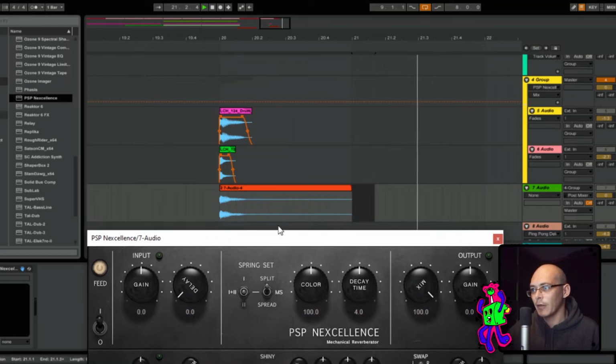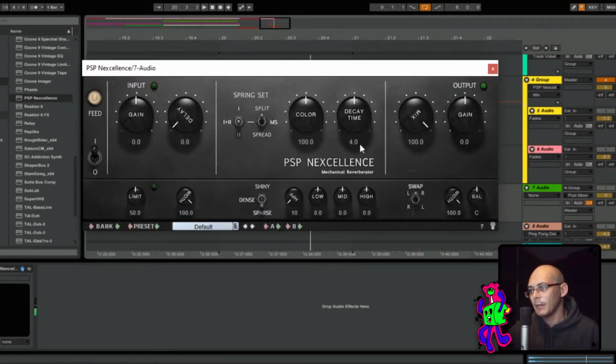And I'm really going to crank everything up, especially the decay time, that's important on this part. And I'm going to work in mono for this first layer. Let's push the low end and the mid up. I'm going to take off the high. You can just play around with this until you're happy with it. Okay, and then when you're ready,